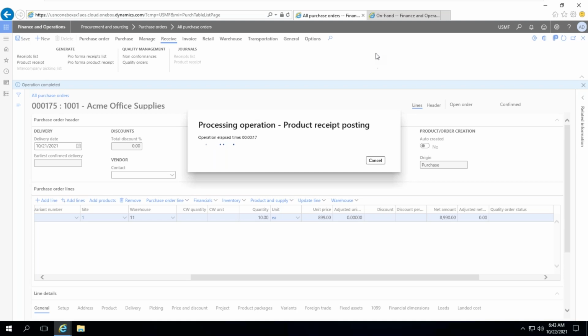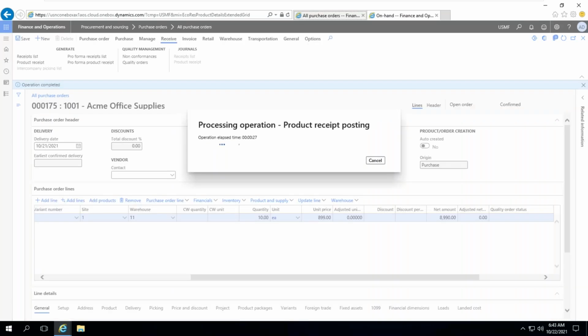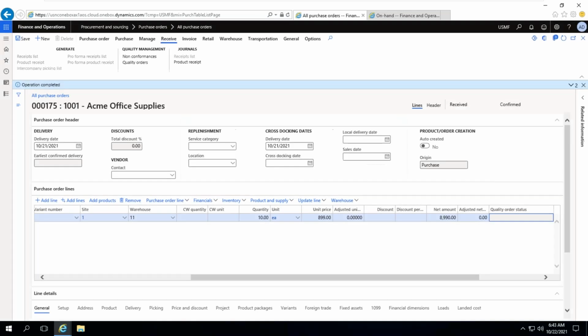Once the product receipt is updated, this will become 5. This will become 30. Look at this one. Let it be processed. So now the product receipt is updated.